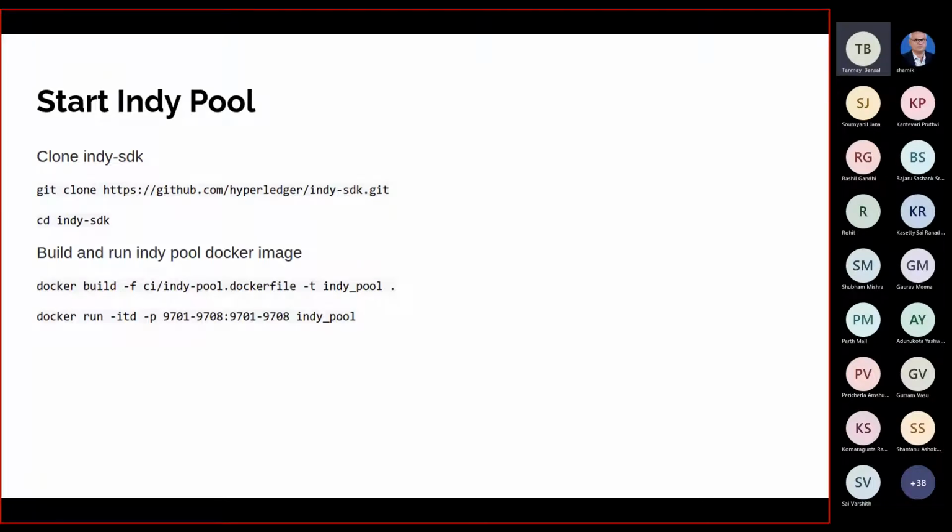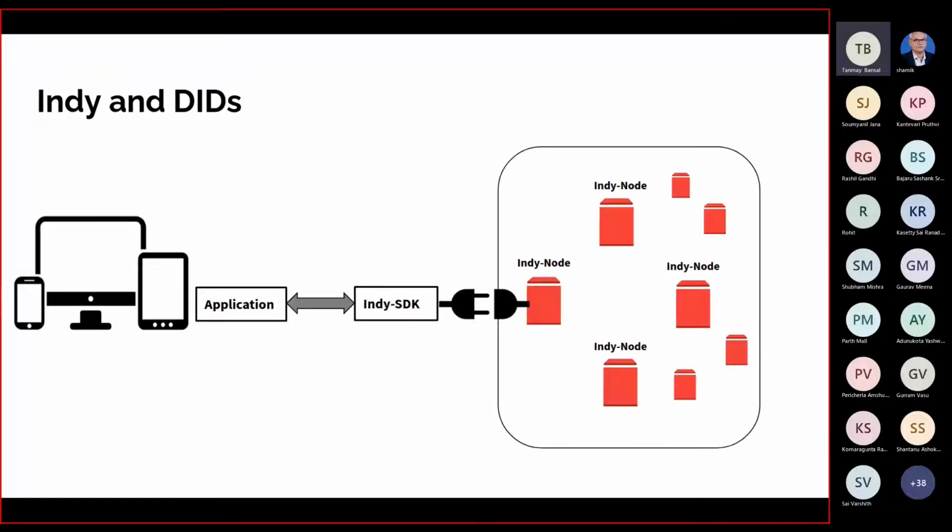Okay, so we will go ahead and get started with creating an Indy pool, which is basically a small Indy network on our own systems, and then we will see how we can write an application that will use the Indy SDK to do some transactions in the Indy ledger.